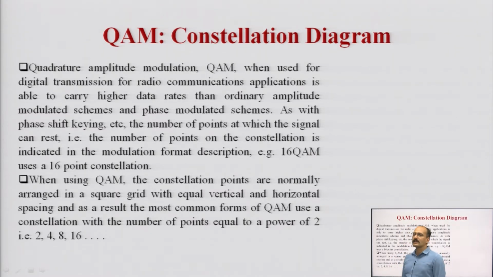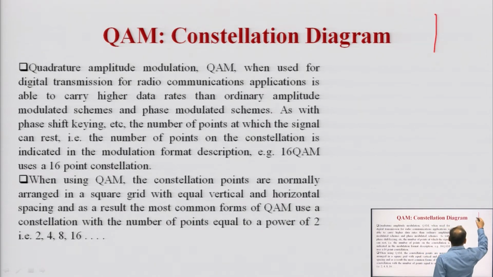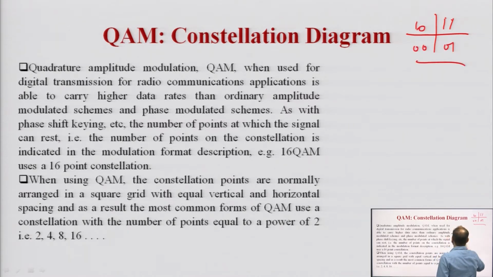So, the constellation diagram, as I told you in the previous one, that was for the QPSK. You see that we have this arrangement 1 1, 1 0, 0 0, 0 1. These are the arrangements as per the constellation diagram. Similarly, QAM, when used for digital transmission for radio communication applications, is able to carry higher data rates